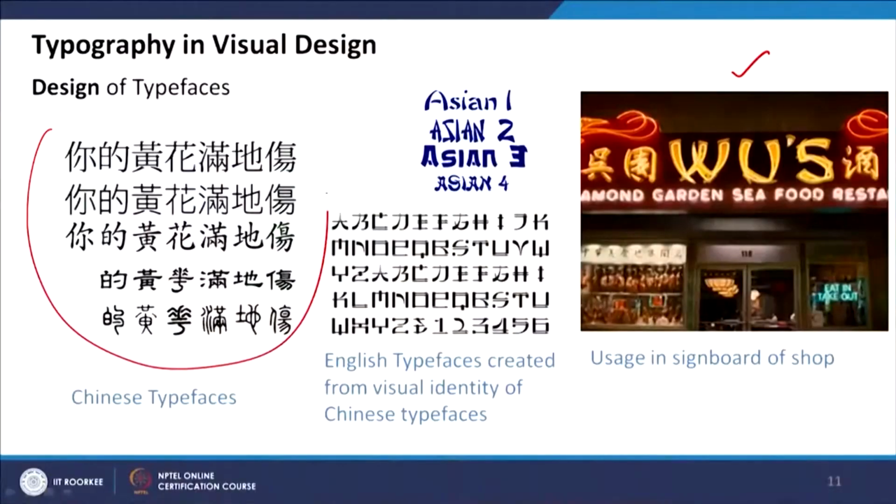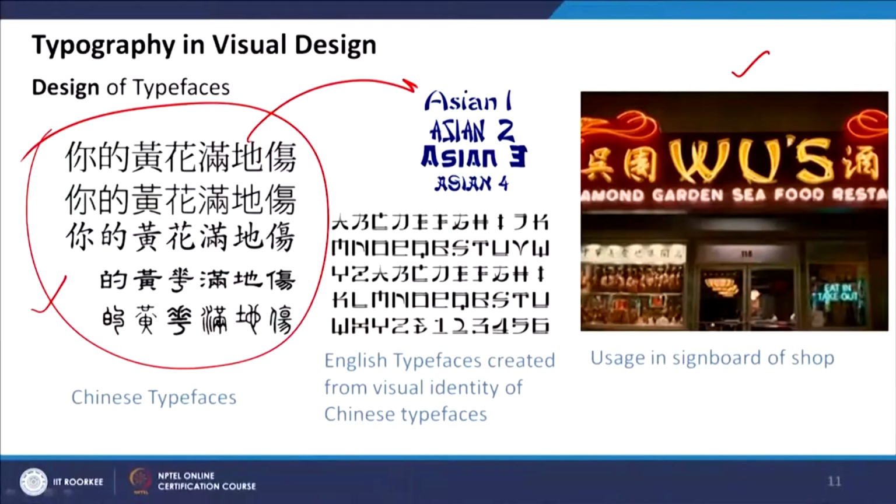So there you might need to capture the essence of a Chinese style. For example, you can take a mood board or your visual palette, from where you will take the inspiration; that is called a mood board. In this mood board, Chinese or some Oriental letters, Oriental typography with a calligraphic style can be in your mood board, and from there you can create